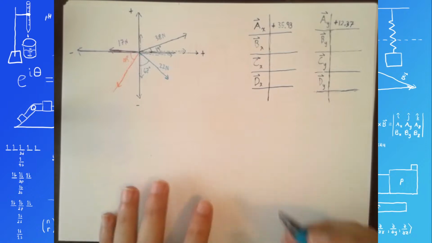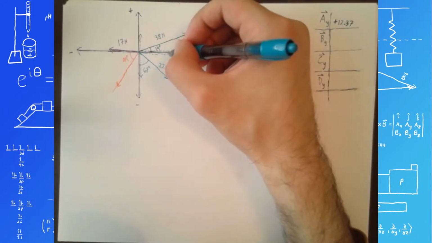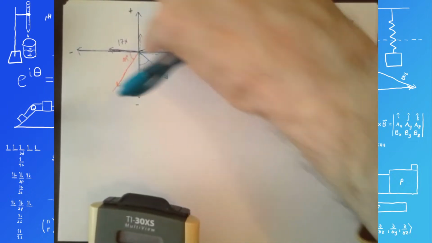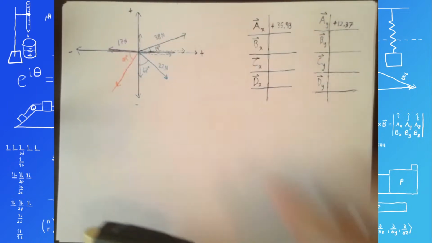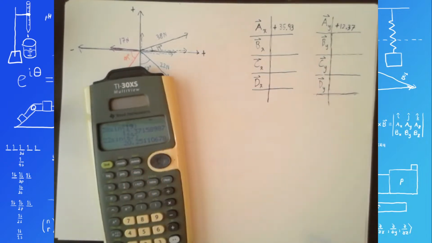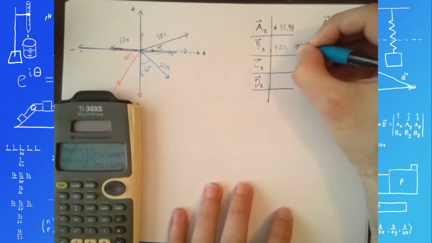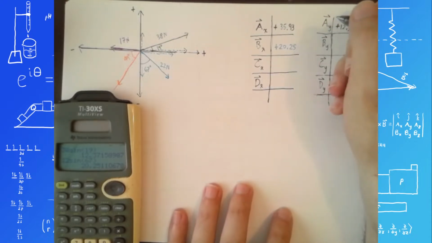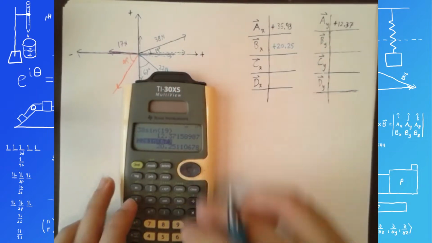So for its rightward component, we've got, well, if you moved it to here, it would be opposite of the 67-degree angle, so it would be associated with sine. 22 sine of 67 degrees gives me about 20.25, so that's in the positive x direction, positive 20.25. And then in the y direction, if I do 22 cosine,